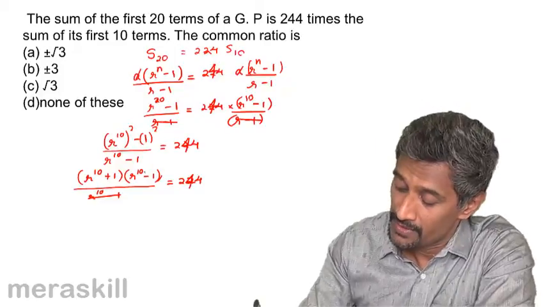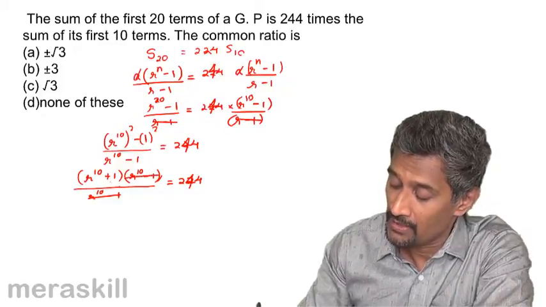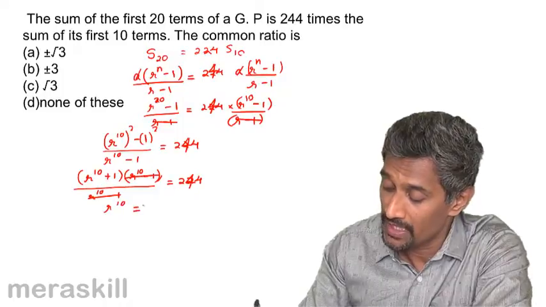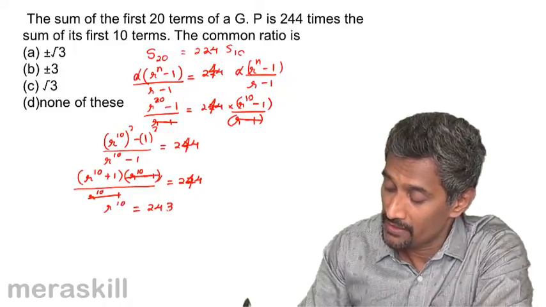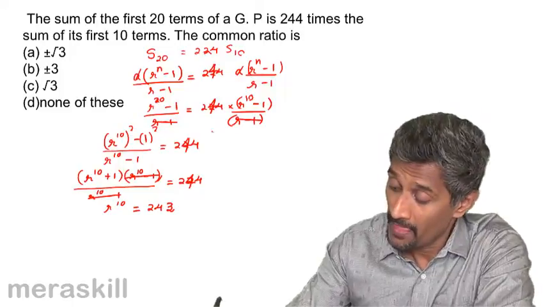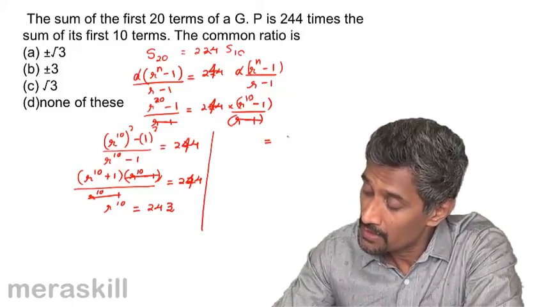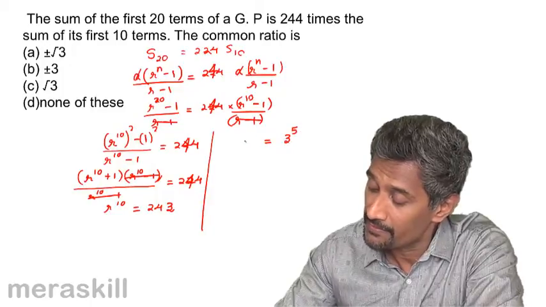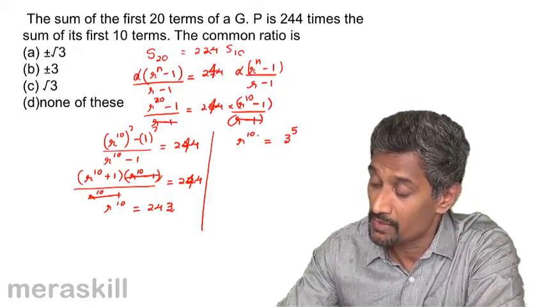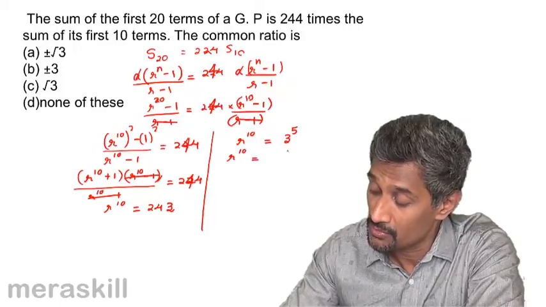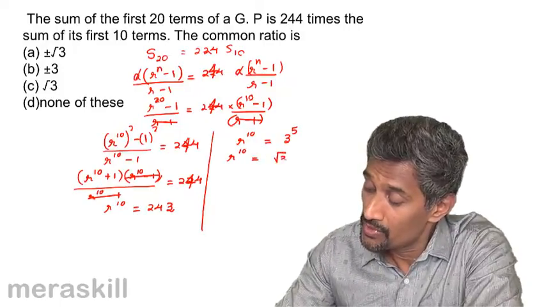244. This gets cancelled and you get r raised to 10 plus 1 is 244, which means r raised to 10 is 243, which means 243 is nothing but 3 raised to 5, which is r raised to 10. But we need to make this thing equal, so r raised to 10 will turn out to be (root 3 square plus or minus root 3 square)